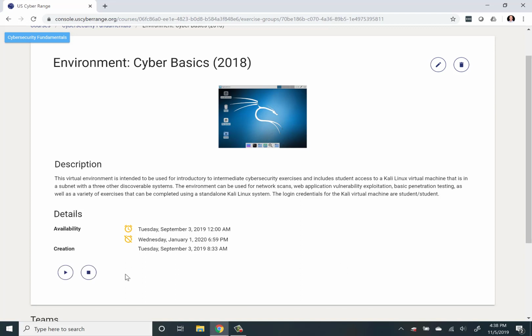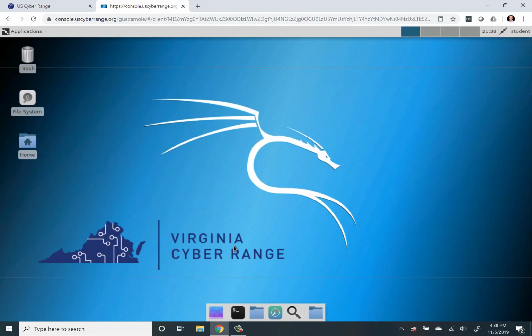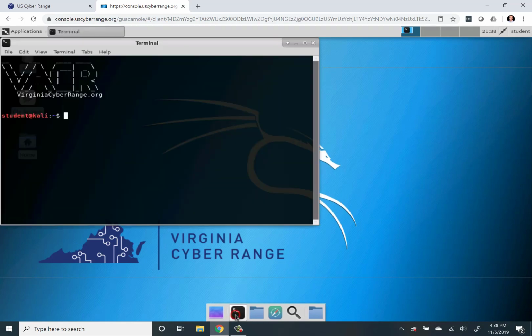Now that my virtual systems are all powered up, I can click the Join button, and what I get in another browser tab is the desktop of, in this case, a Kali Linux virtual machine that is running in my isolated virtual environment in the cloud. So when I log in, I see the desktop of my Kali Linux virtual machine. If I click